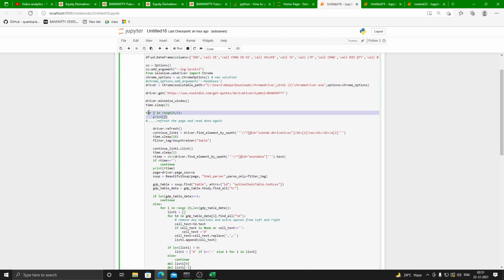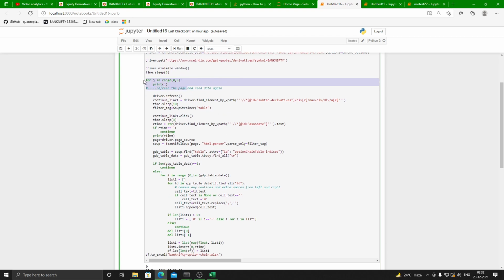Then it runs through a loop. Usually in my script during the trading hours, I run an end or while loop until the end of 3:30 p.m. or something like that. But right now, it's market close hours and the data won't get refreshed. So I just run a few loops, like 0 to 5, so that you can actually see it in action, even though the data will be repeated for each row, right?